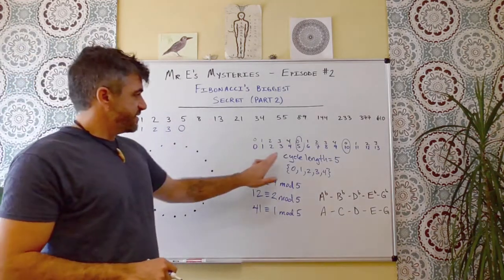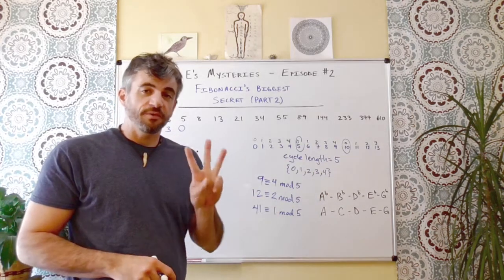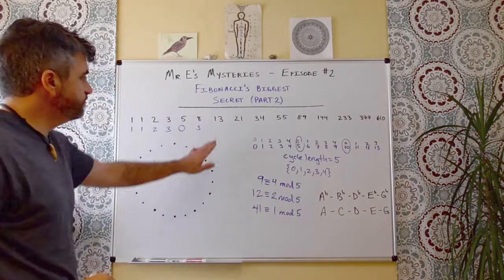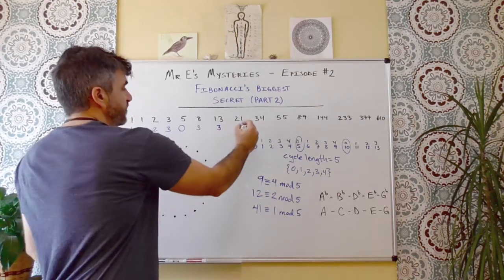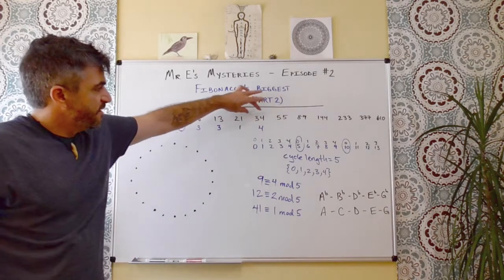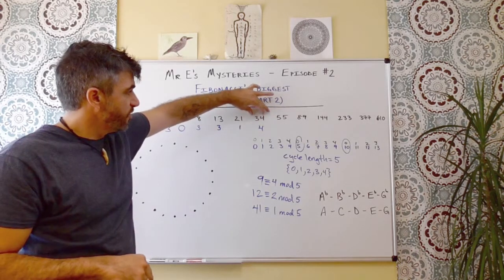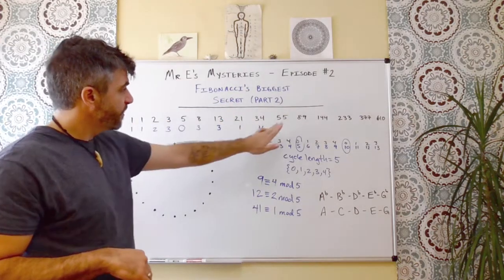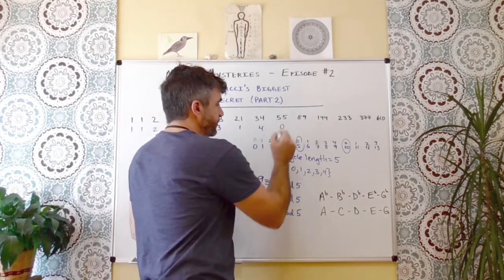We see that 8 is in our list, so we can obviously see that it's 3, but we know that 8 has one whole group of 5 with 3 remaining, and thus 8 becomes 3 mod 5. The same holds for 13. We see that 13 reduces to 3 mod 5. 21 would be 1. 34 is 4, because again, 34 has 6 whole groups of 5 up to 30, but with 4 remaining, and thus 34 reduces to 4 mod 5. Here we have 55 is obviously divisible by 5 and becomes 0.